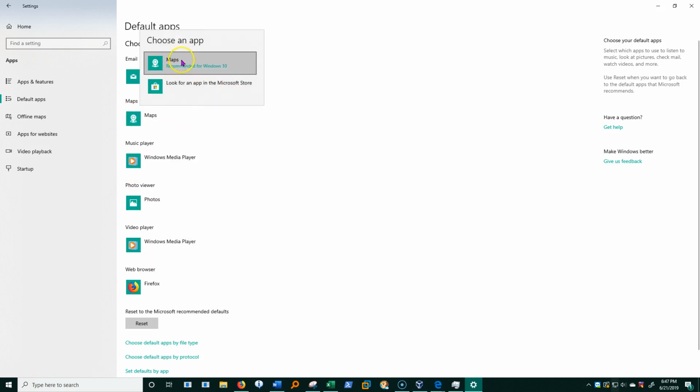I'll go to Maps, and you see I have the built-in Maps app or another one on the Microsoft Store. So that doesn't leave me an option to find something I can render maps in on my system if it's a standalone program or a legacy style program. There's a different way that I have to go about it if I want to do that. You can see I can also choose by file type, that is to say the file extension, but we're going to get the same thing if we do it that way.